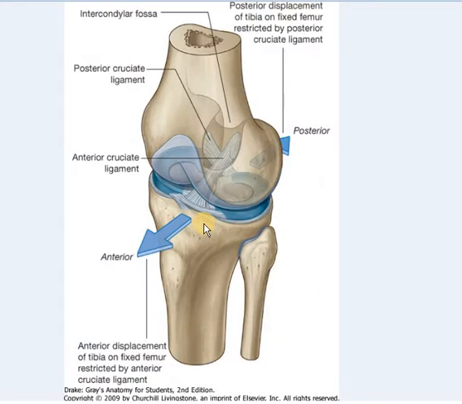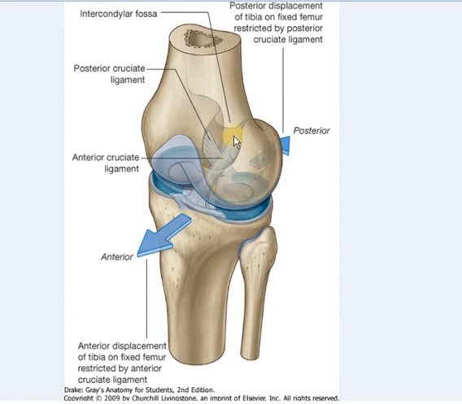Now the third ligament, which is a very strong ligament, is the cruciate ligament. As I told earlier, cruciate ligaments are two in number, anterior cruciate ligament and posterior cruciate ligament. You can see in this diagram, this picture, the anterior cruciate ligament, and this one is the posterior cruciate ligament. The names given to the anterior and posterior cruciate ligaments are on the basis of their attachment on the tibia bone, not on the femur bone.